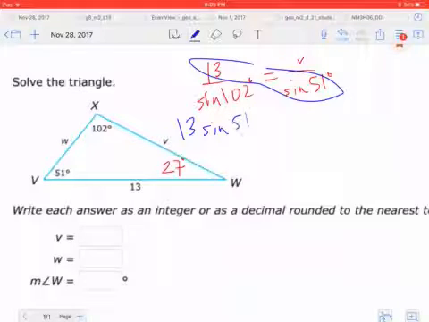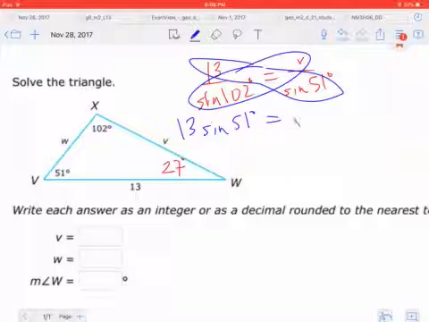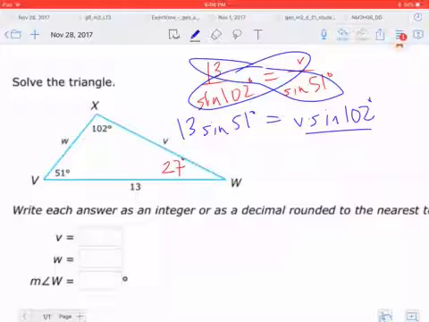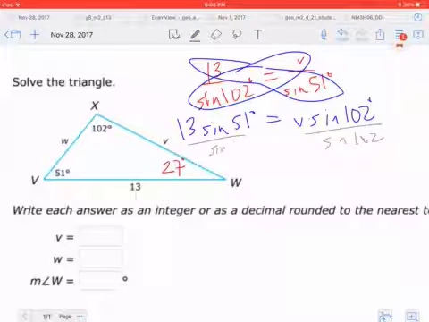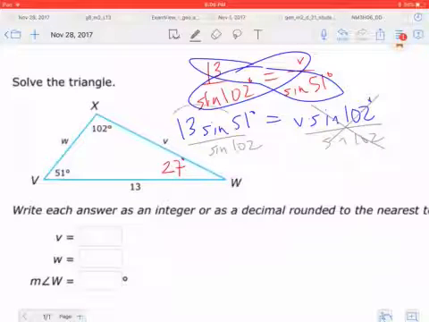So 13 sine 51. Don't type it in a calculator yet. Equals V times the sine of 102 degrees. Divide both sides by sine 102. Here, I'll change color for a new step. Divide by sine of 102. Now we're done. Go type this in a calculator,